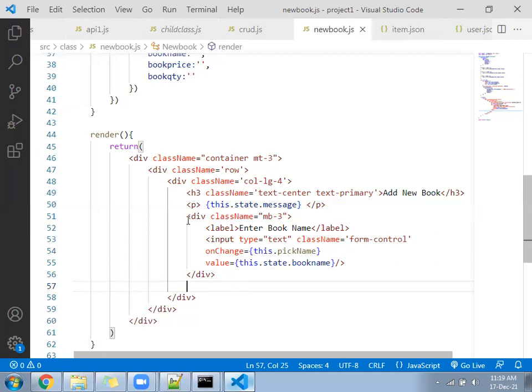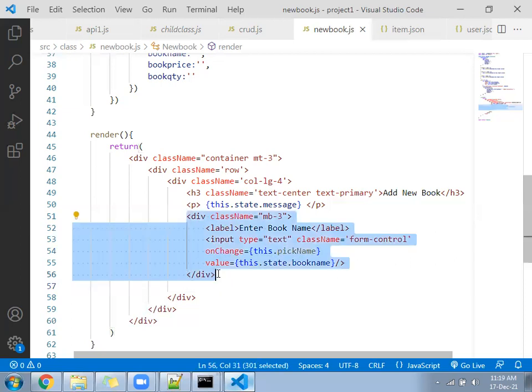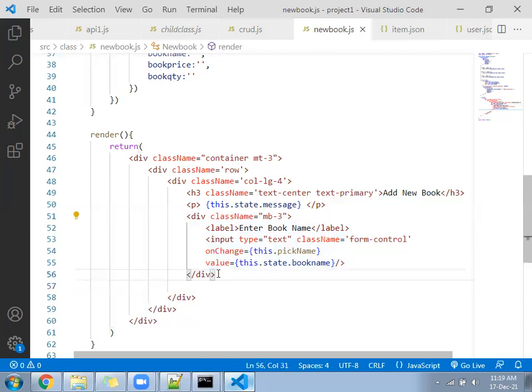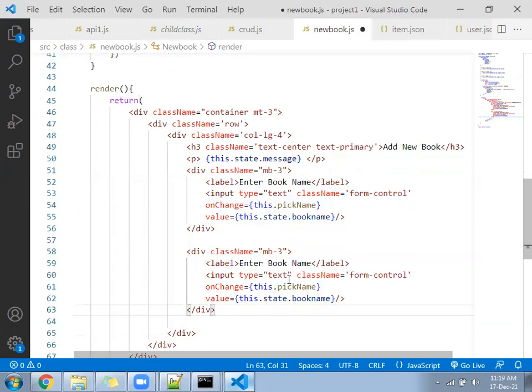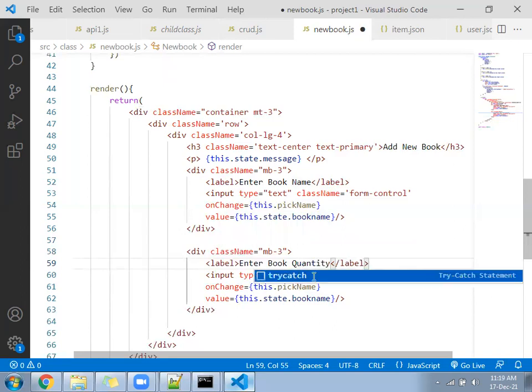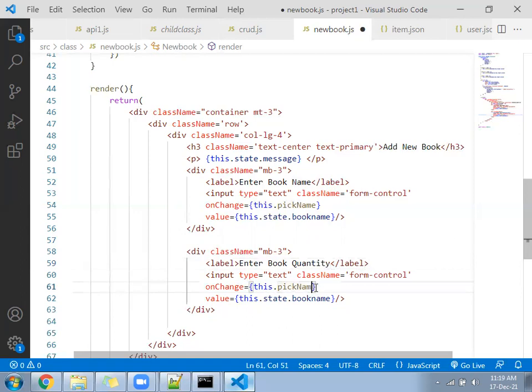Now this division you will copy paste how many times? 3 times. Enter the book quantity, pickQty, this.state.bookQty.